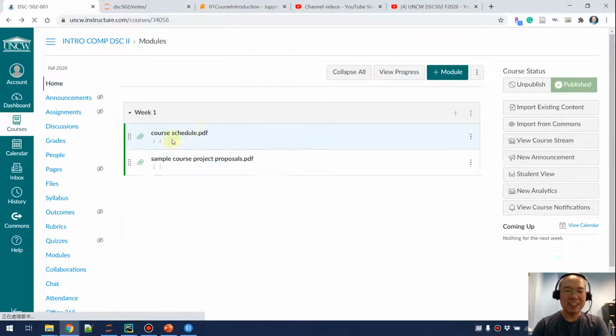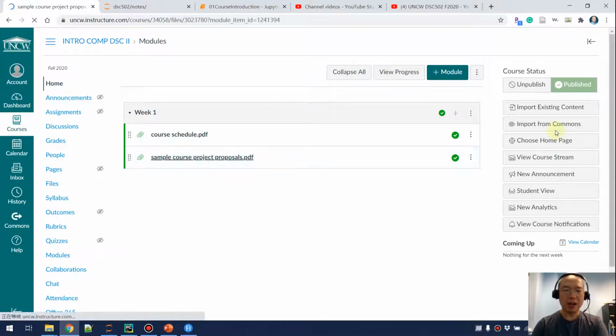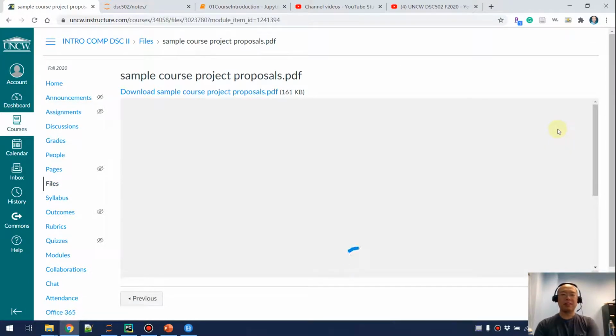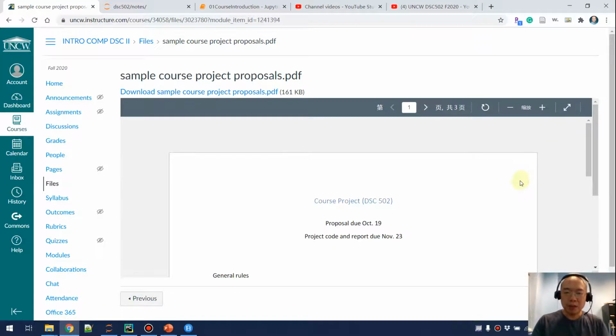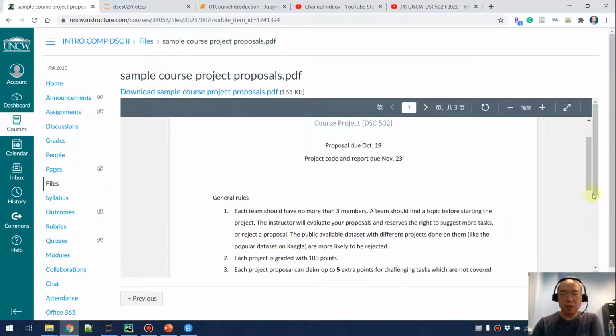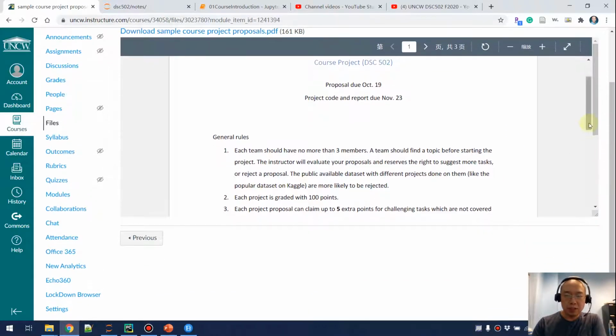Okay, and the next part. I want to talk about the sample course project proposals. In this file, I'm showing you two proposals, and by reading the proposal, you should get a feeling for how much work you are expected to propose. Okay, and then let's go through some of the rules first. So, number one,